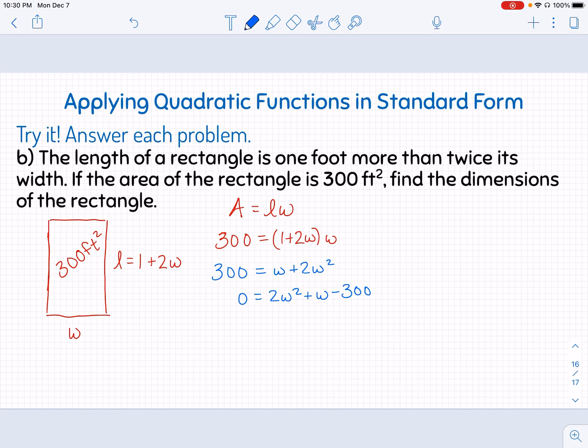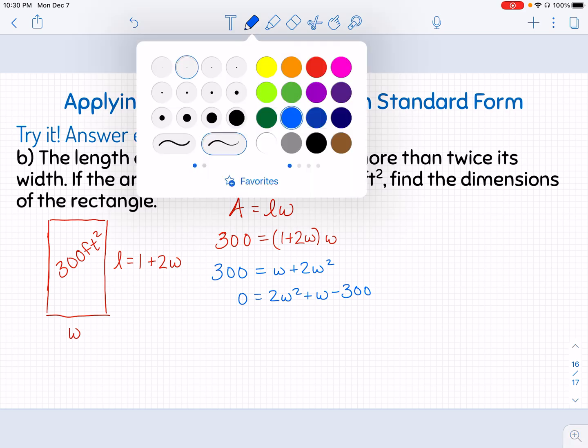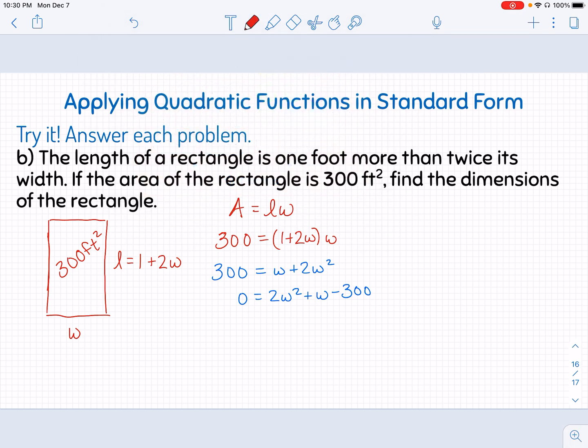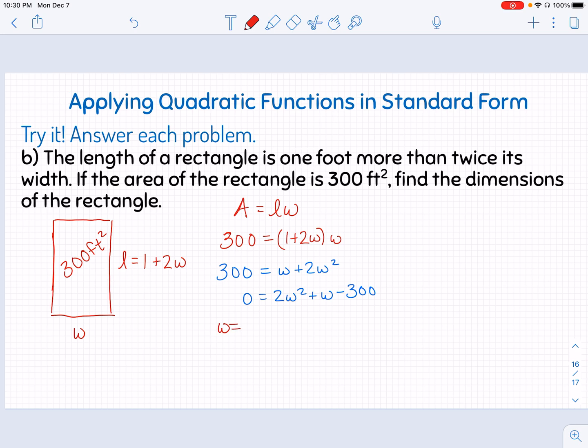So if you've gotten this far, you know that you can't use square roots because you have a B term. You could complete the square, but you'd probably end up with some fractions. You could use factoring or quadratic formula. I'm going to go ahead and use quadratic formula. We haven't done that much in these examples. So W equals negative B plus or minus square root of B squared minus 4 times A times C